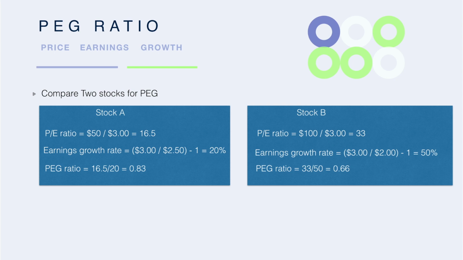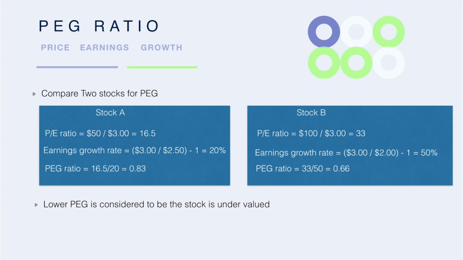Many investors may look at company A and find it more attractive since it has a lower PE ratio between the two companies. But compared to company B, it doesn't have a high enough growth rate to justify its PE ratio. Company B is trading at a discount to its growth rate, and investors purchasing it are paying less per unit of earnings growth.